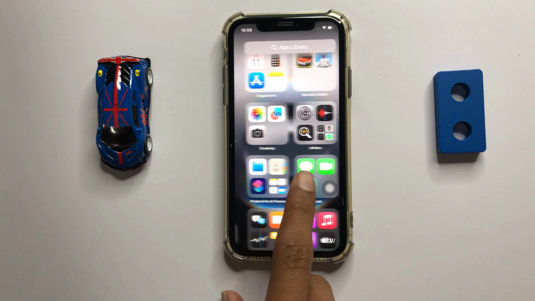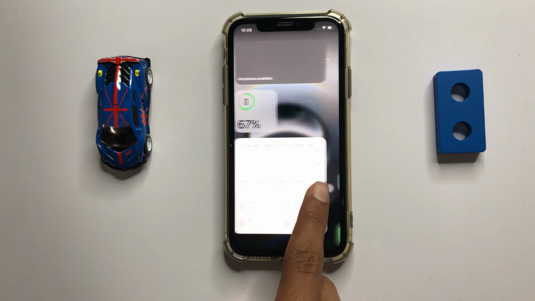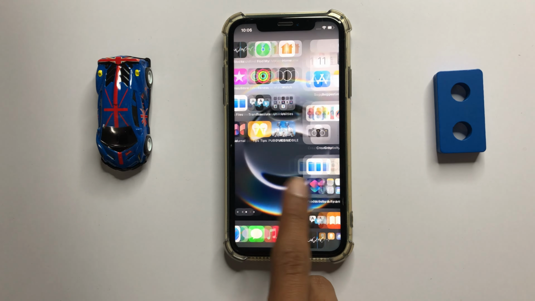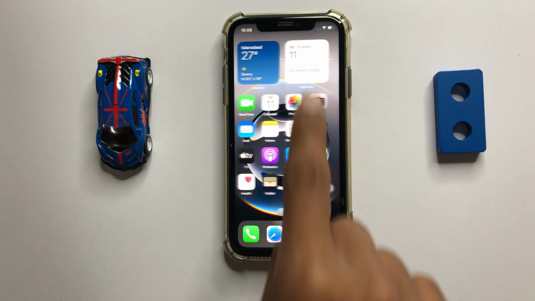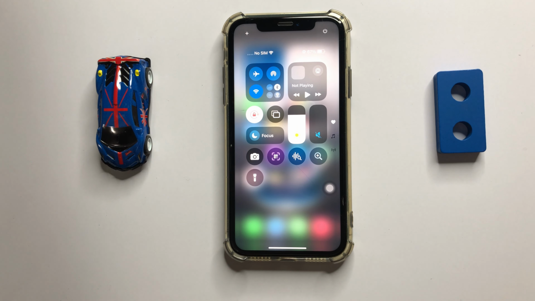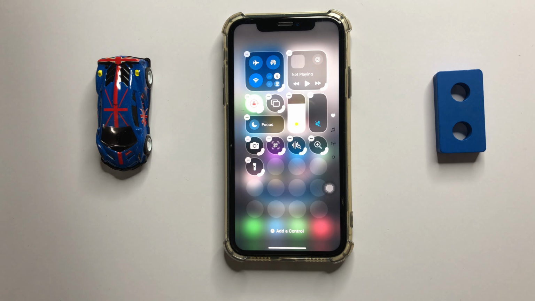First of all, if you want to add a screen recording on your control center, then simply swipe down to your control center and then press and hold on blank space, and then here you can see the option add a control. Now click on add a control